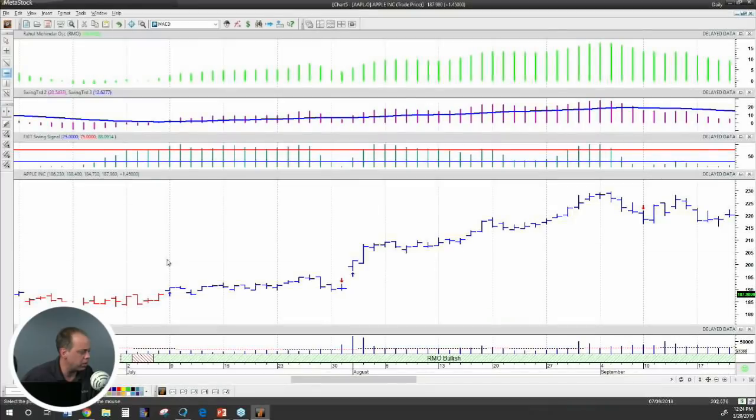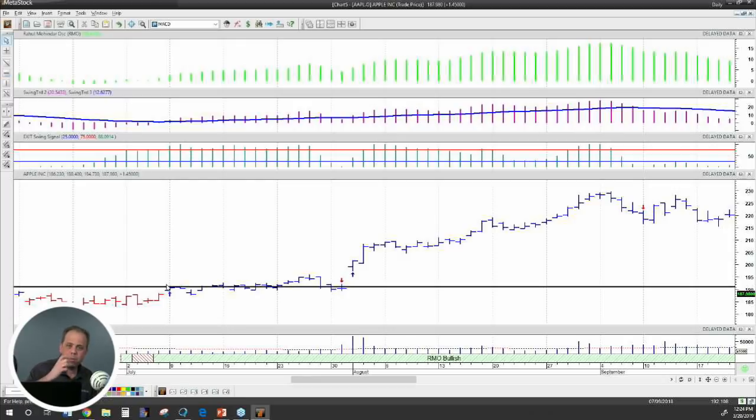And so the way he does that, I'm going to grab my horizontal line tool here in MetaStock. This is the day that we're looking at, where everything lines up. I'm going to look at the high for that bar and the high for the previous bar. And I'm going to place a horizontal line right above the higher of those two highs. Okay, this is going to be my entry point. So if this horizontal line that I've put at 191 gets penetrated, that's when I'm going to buy the security. We want a little bit of a confirmation that we didn't just set a high and the bears are going to come back in.